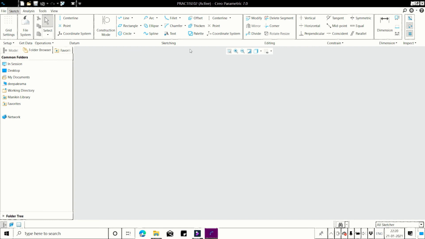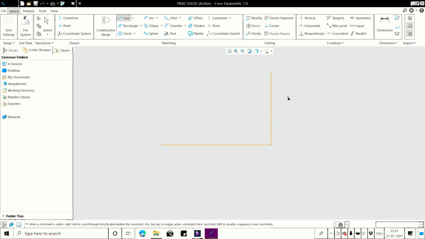So next, going to our seventh and last tool, chamfer. Here chamfer and chamfer trim. To create the chamfer also we need two end connected lines.